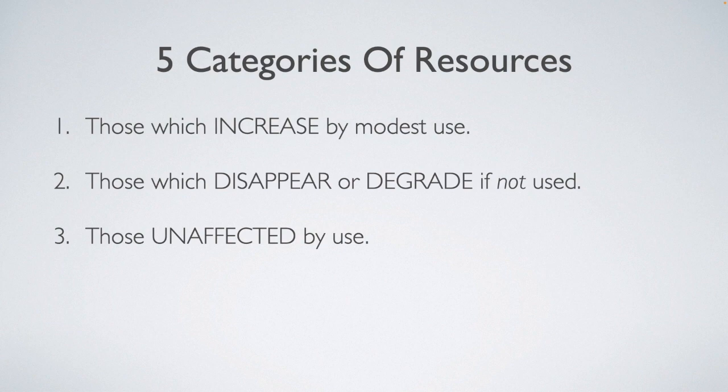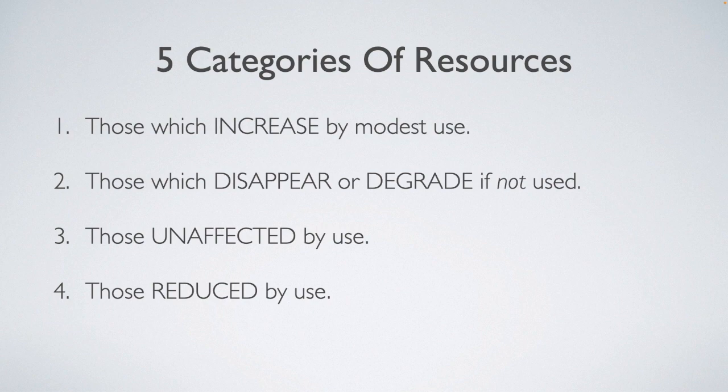Some examples might include a beautiful view, or a good climate, the partial diversion of a stream into, say, a hydroelectric generator or an irrigation system, assuming the water is responsibly returned to the stream after use, is also unaffected, as would be, say, a stone pile that's used for mulch or heat storage or for collecting water runoff. A well-managed ecosystem is an example of resources that are unaffected by use.